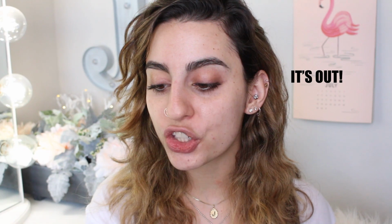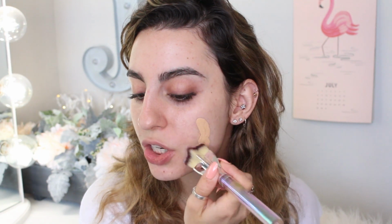So I'm gonna go ahead and prime my skin really quickly. This is Laura Mercier Foundation Primer Protect with SPF. I've used this before. Really like this. I'm gonna apply my foundation using this really cute star brush from IT Cosmetics. This is like a limited edition brush coming out sometime in July. I'm not sure exactly when, but I mean, come on. This thing is adorable. I have a couple pumps of the foundation on my brush, and I'm just going to,